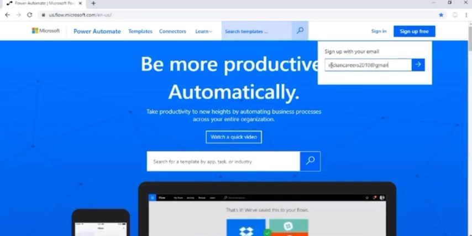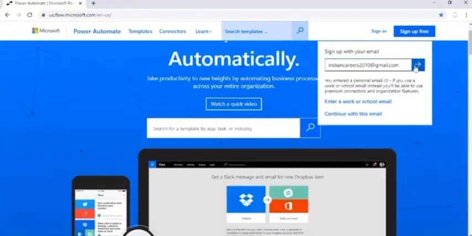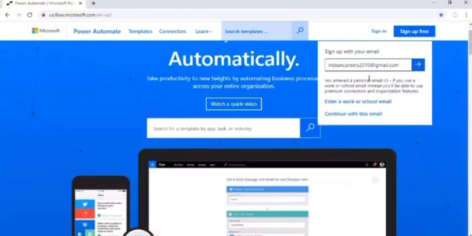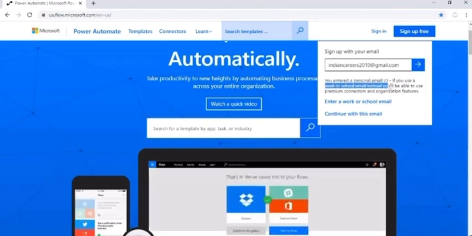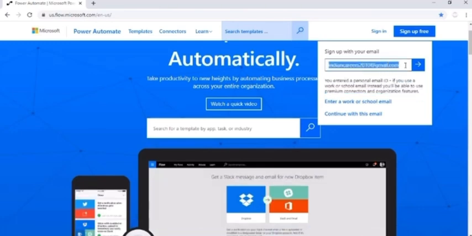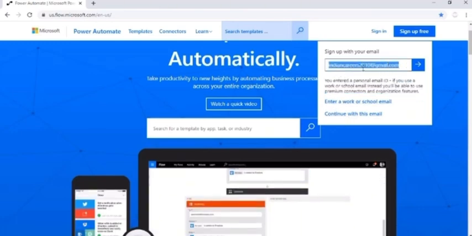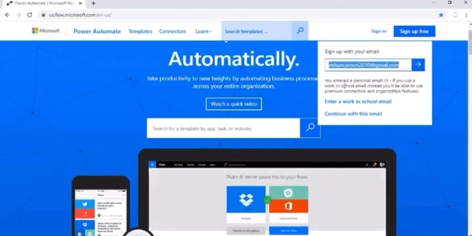Let me show you that. First click on sign up for free. Once you have clicked on sign up for free, you will get this kind of pop-up, or the tab you will find here. Please provide the email ID that you have. So I'm just giving some email IDs which I already have. Once you give in this email ID, just click on the arrow on the right hand side. So once you have entered a personal email ID,